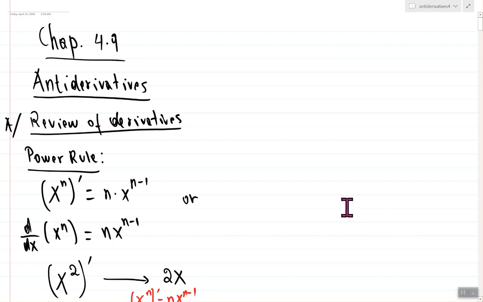Hello, we're going to talk about chapter 4, section 9, which is about the antiderivatives. So first let's review the derivative. We know that